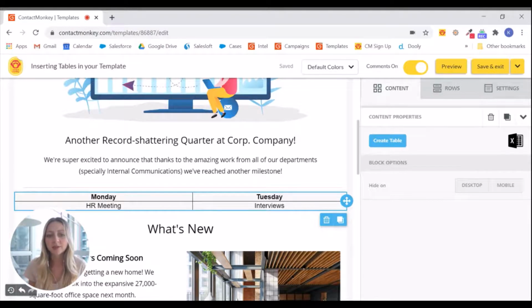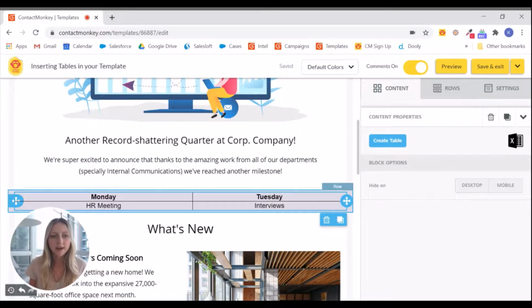The next thing we need to do here is adjust the mobile settings. Right now we're selecting the actual table itself, but what I want to do is select the row. In order to do that, I want to hover to the edge of my screen where my content is laying, and you can see that the word row has popped up. So clicking there,